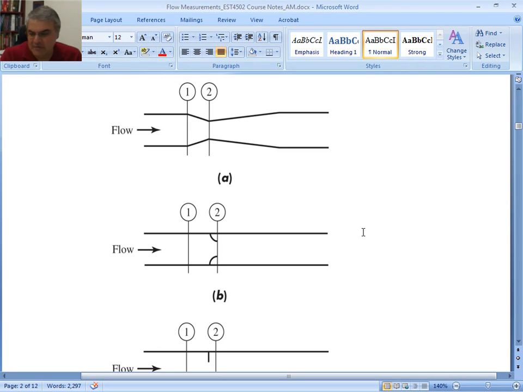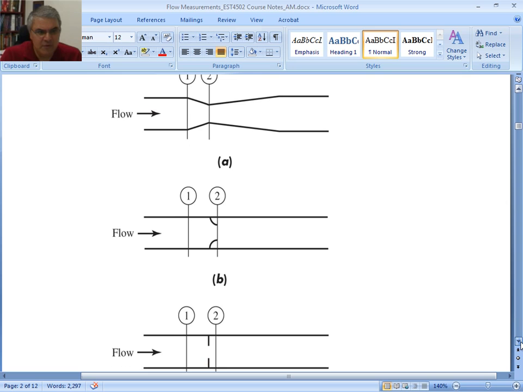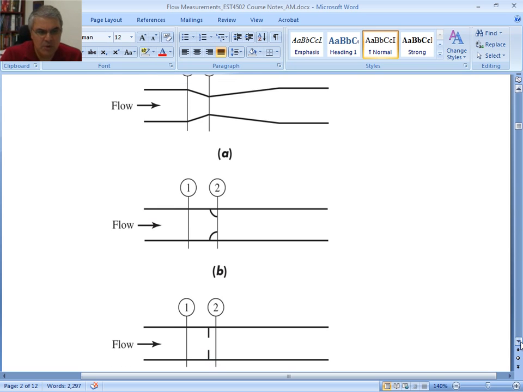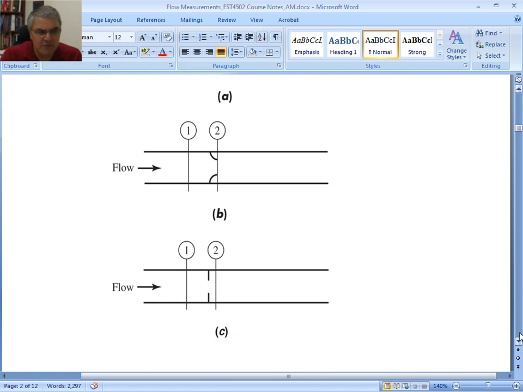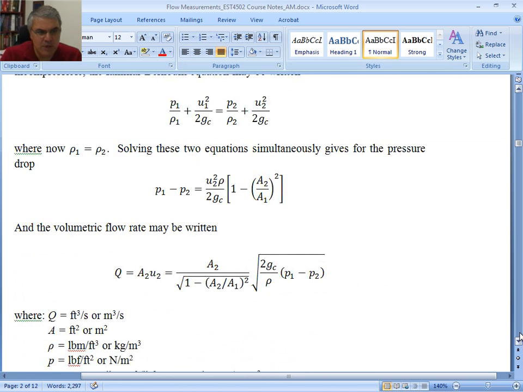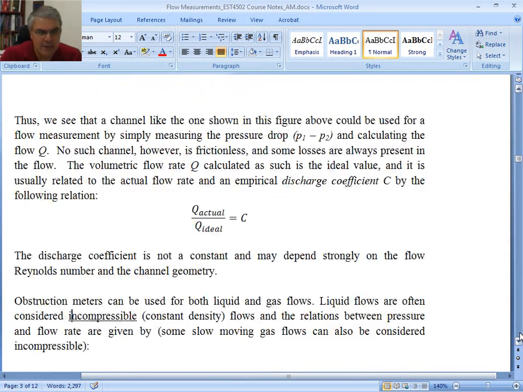The first one, A, is the Venturi. The part B is the flow nozzle, and so Venturi, nozzle, and the third one is the orifice. So you want to make sure you know the difference between the three. So the top one, A, is the Venturi, the B is the nozzle, the third one is the orifice. So I mentioned that because we are dealing with different equations for each situation and so on. So